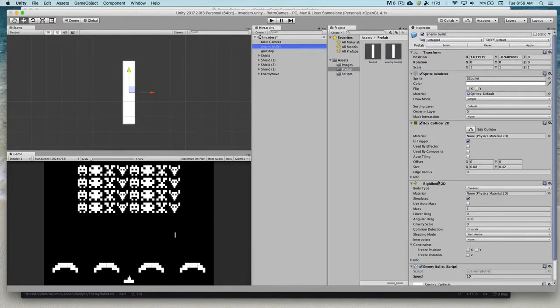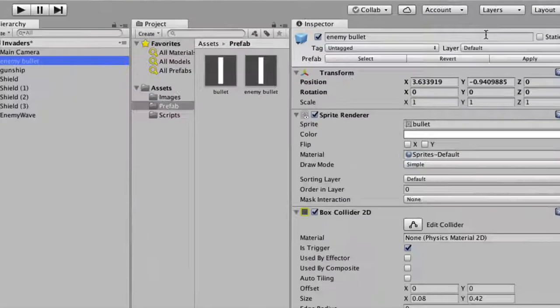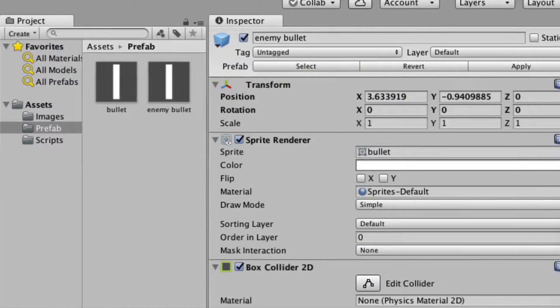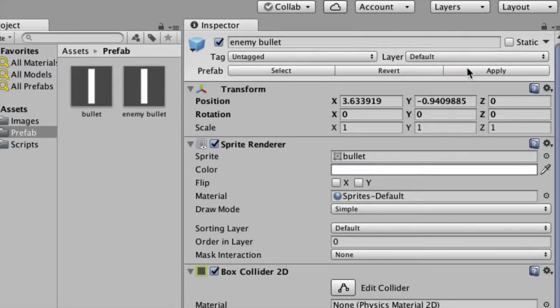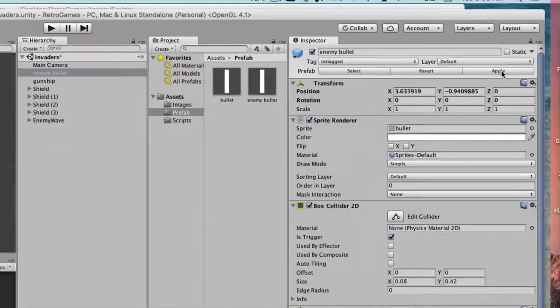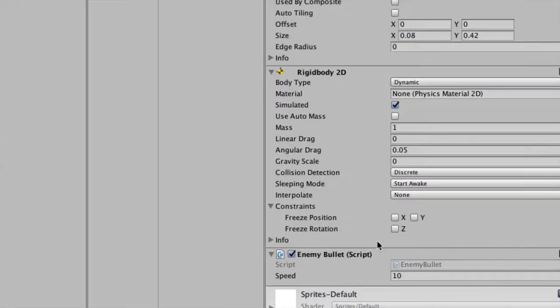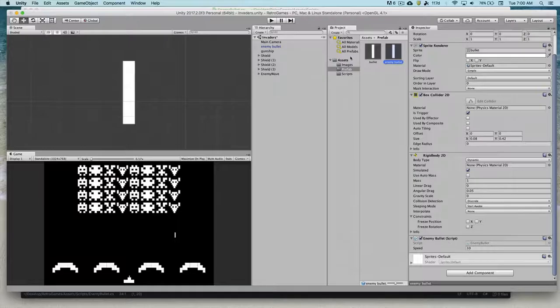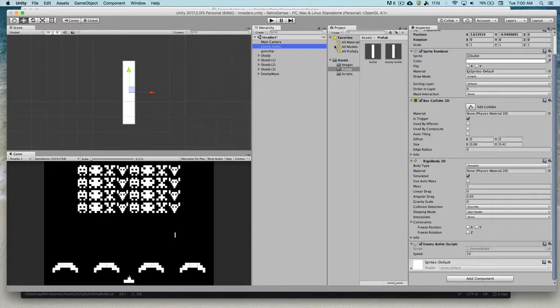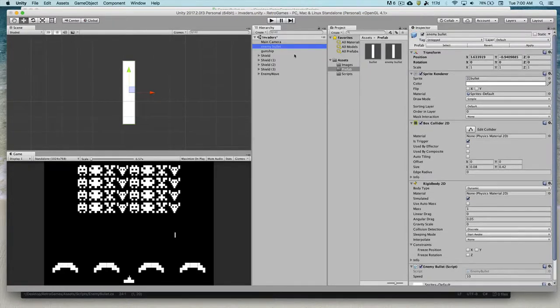So anytime you make changes to a copy of a prefab and you want to apply the changes to all instances of the prefab throughout your game, there is this prefab command up at the top for select, revert, and apply. Well, what I want to do is hit apply. And what that does is confirm and save that when I click on the enemy bullet here, it contains the enemy bullet script. So sometimes you have to do that where you drag out a copy of the object, make some changes to it, hit the apply button to save it in the prefab,